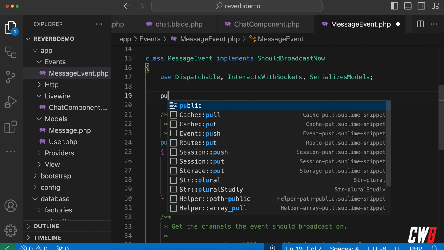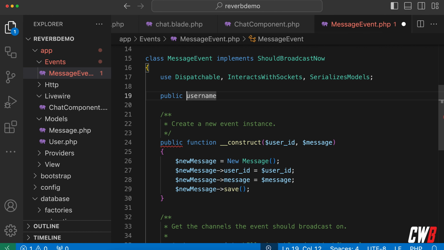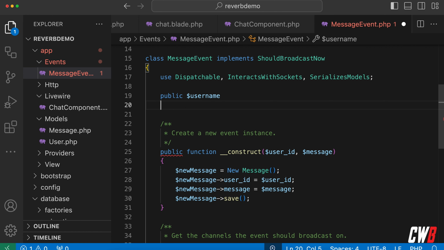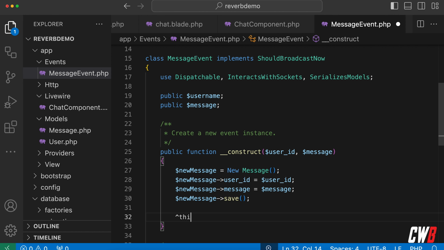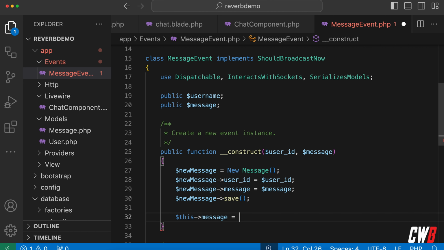So I want a public property of username, and I want a public property of the message itself. Two columns right here, and I want this message to be equal to message,